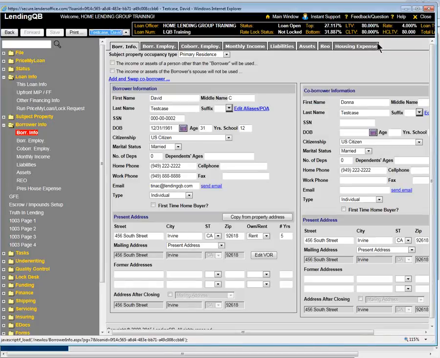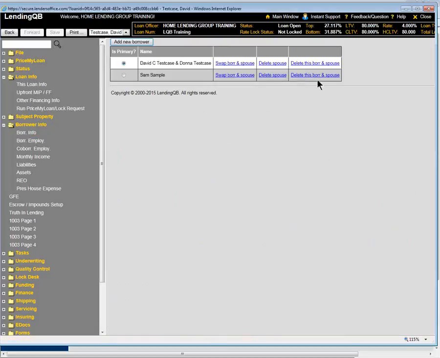Also, up here at the top, once I have completed both 1003s, the ratios that show up here will be taking into account all borrowers' income, liabilities, assets, everything, all up in here. Further managing these, I can go right back here to add and swap, and there's that other 1003. Add another 1003, or perhaps I can swap David and Donna on the same application right here, or delete the